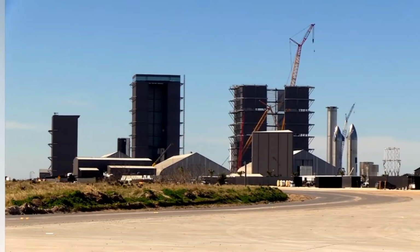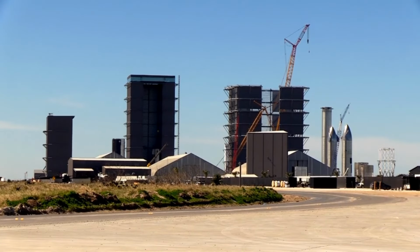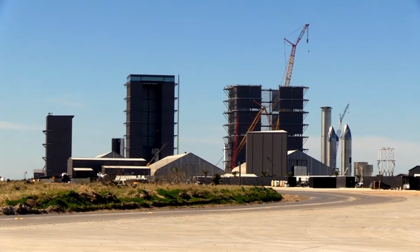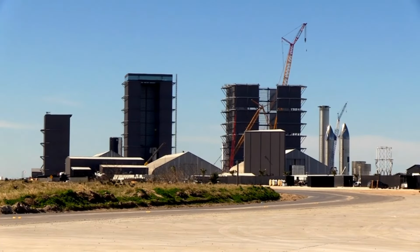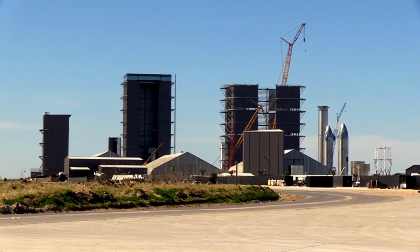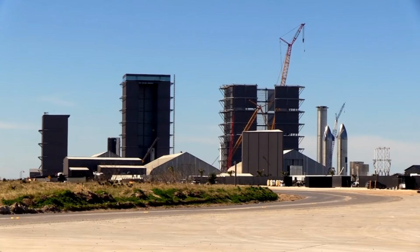The initial ascent phase will stress the integrated stack to its maximum aerodynamic loads, providing critical data on the Block 2 structural modifications. The hot staging maneuver, where Ship 36 ignites its engines before separation from Booster 16, is one of the most dynamic events in the flight profile. The Block 2 design incorporates reinforced staging interfaces and improved venting systems to manage the extreme thermal and acoustic environments